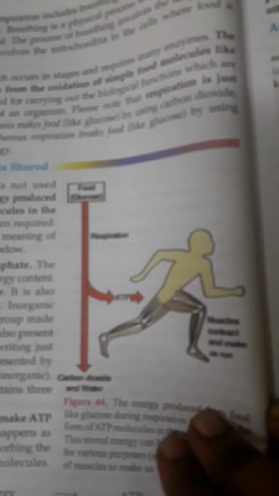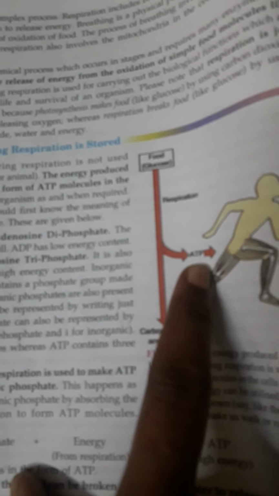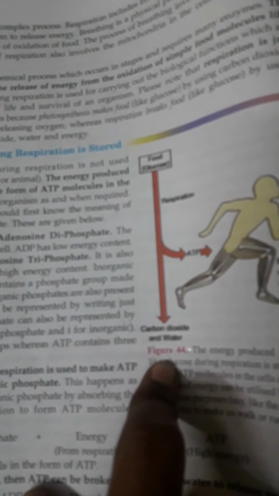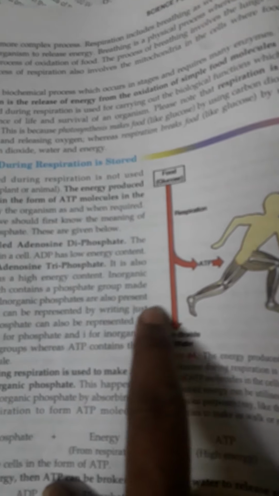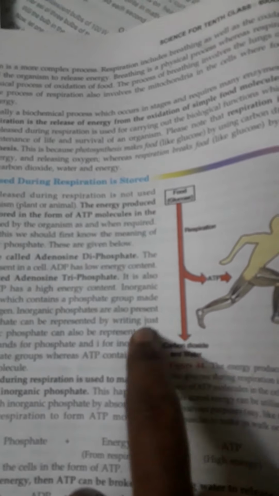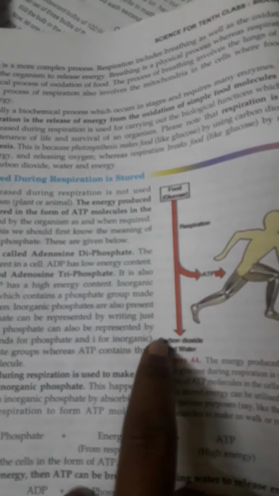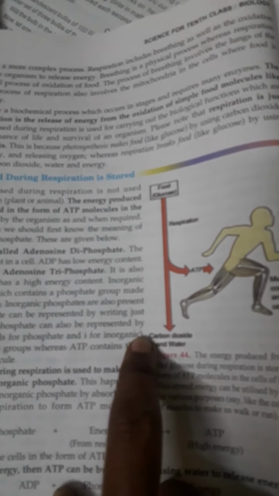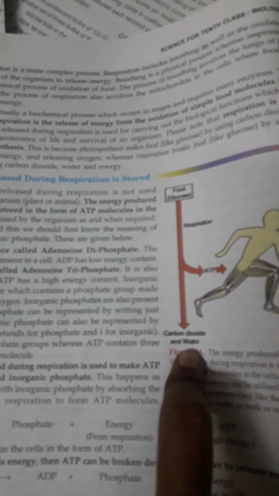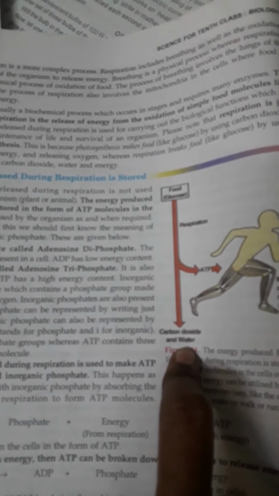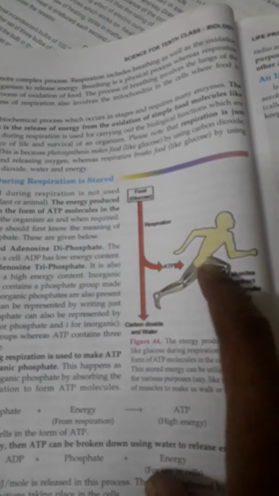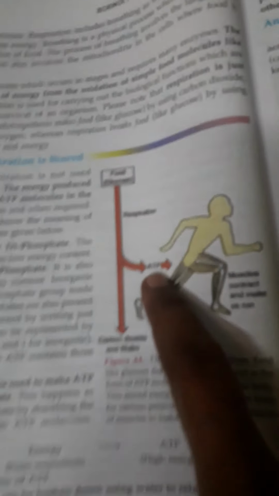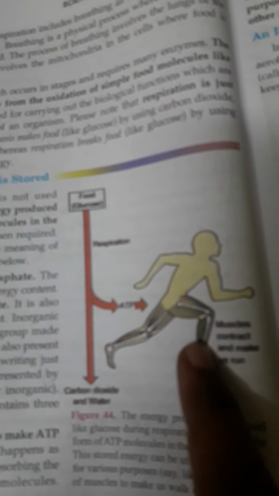Now see this diagram. If you see the food particles, it reaches, then this respiration process takes place and ATP molecules are generated and carbon dioxide and water are released out of the body, or we can say out of the cell. Out of this, carbon dioxide is not essential, so it is removed with the help of lungs, but water is essential for our body, so water is used up by the cell. Okay, and whatever the energy is stored in the form of ATP, it is used for doing different types of